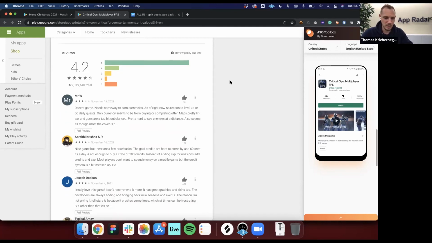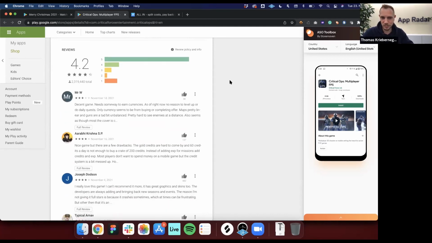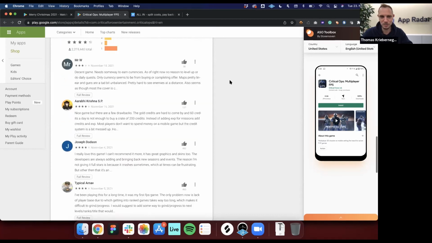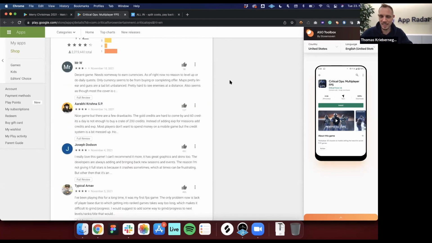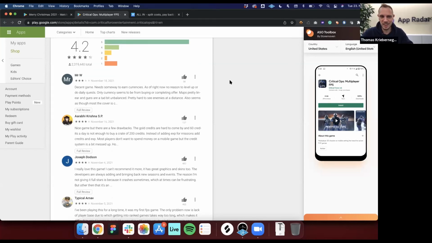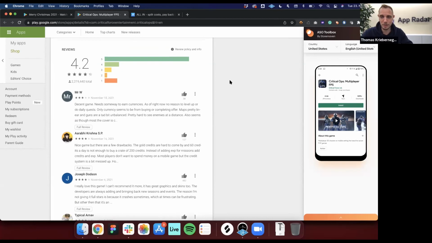Going down to the last section, to the review section, I think you probably already know what I will be saying. Exactly the same as we had in the previous app review. Also here, there are no responses by the developer. And once again, for a game, this is really, really important, because at the end of the game, you want to build a community around your game. And the only chance that you can do this is that you as a developer show that you really care.